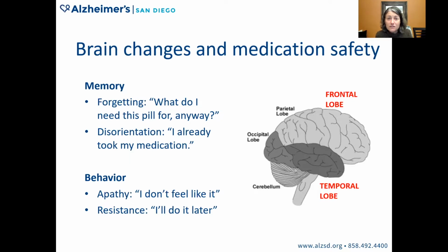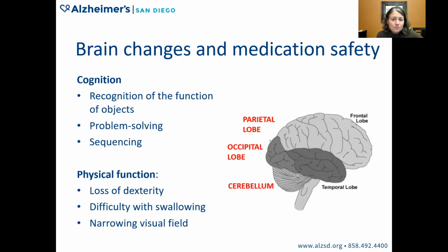Both of these are forms of resistance, just saying no. But if a person is actively saying, "No, I don't feel like doing this right now, we'll do it later," active refusal, pushing you away, being a bit argumentative or combative, that's going to make the management of their medications very difficult. As the disease moves into these sort of upper and back regions of the brain, we see more